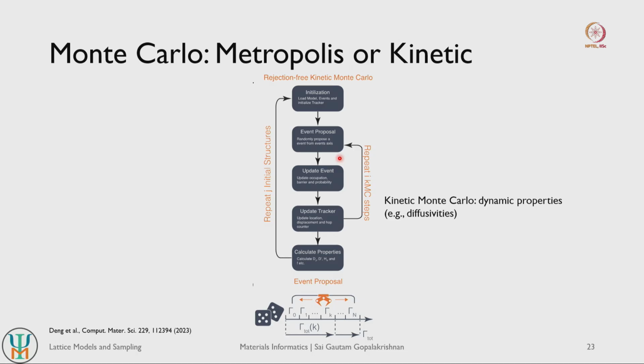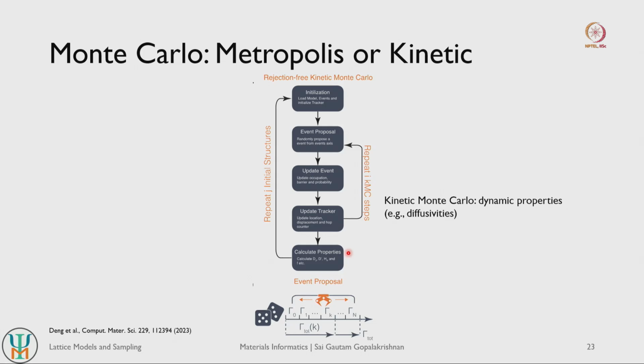So the displacement is usually some kind of atomic migration or atomic hop in the case of kinetic Monte Carlo, and for that hop you can basically calculate the associated frequency or the associated energy barrier, right, and you can either accept or reject that hop. So if you do not reject any hop, so if you always accept them with some probability associated with them, then that is referred to as rejection free kinetic Monte Carlo. So you can basically calculate those probabilities and also update an associated time variable.